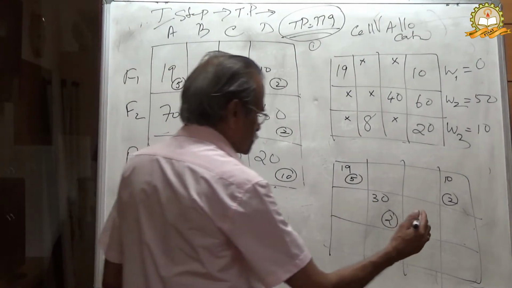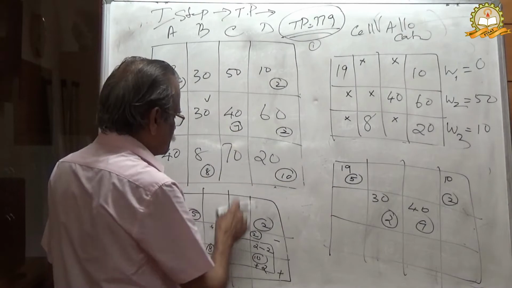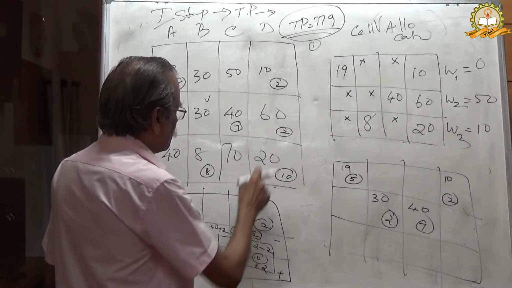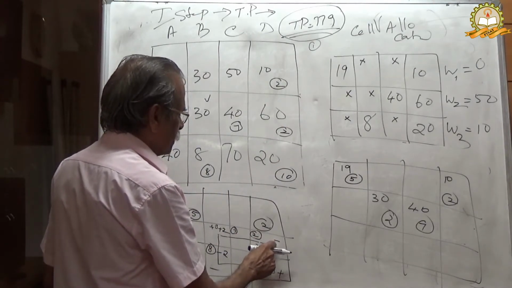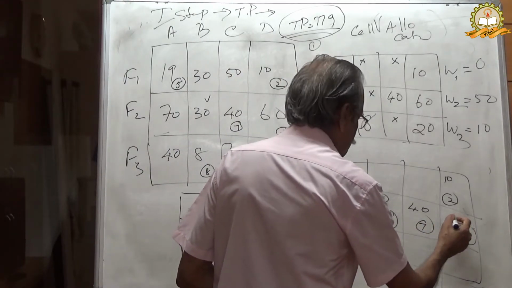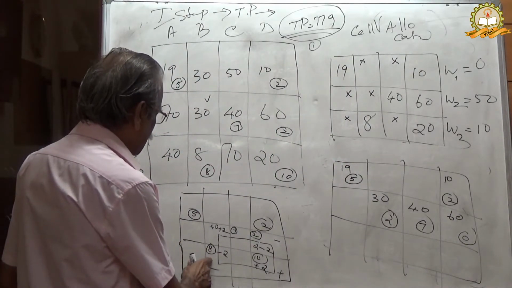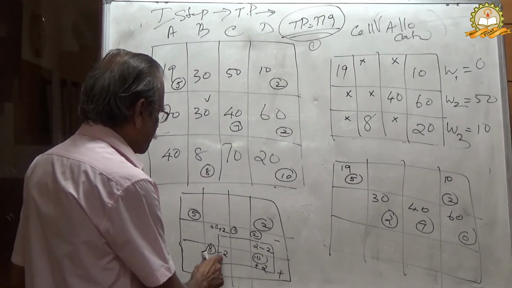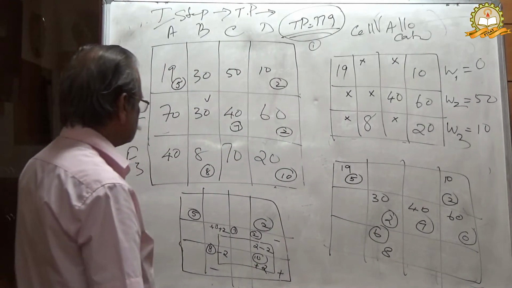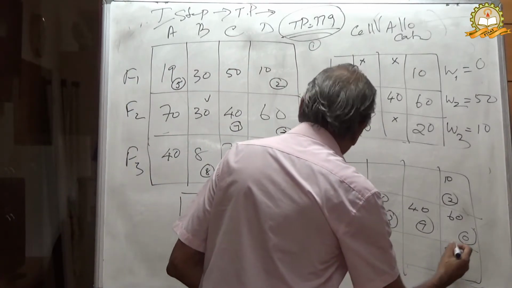Then 40, 70 no change, 47, 40, but already 47 is the allocation, no change in that, you are bypassing that. And the last one, already allocation was 2, but minus 2, sign minus 2, 0. Therefore, 0 allocation and 60. Then here, in this case you had earlier 8 but negative sign 6, 6 allocation 8, and here nothing, here 20 is the cell value and allocation is 12,